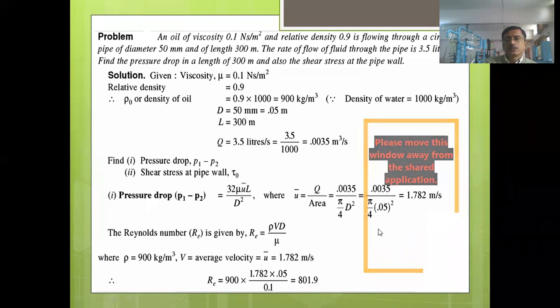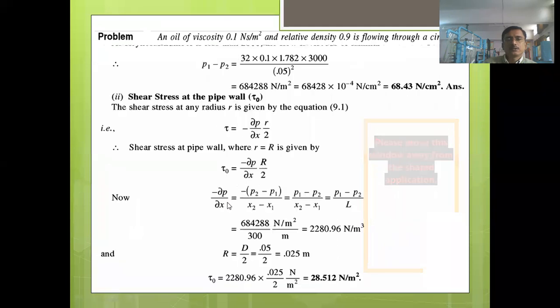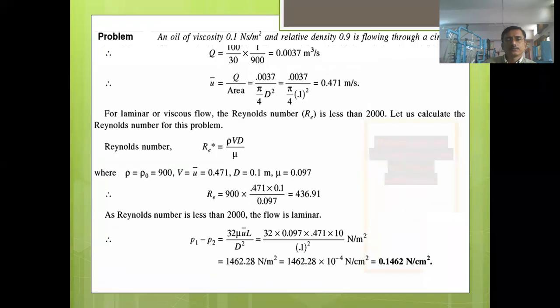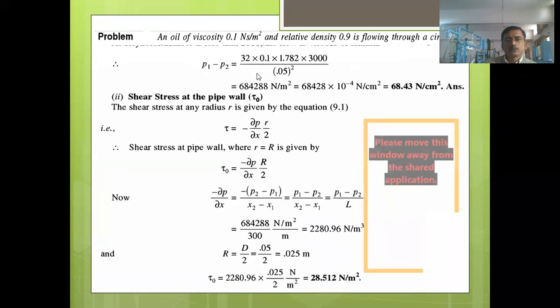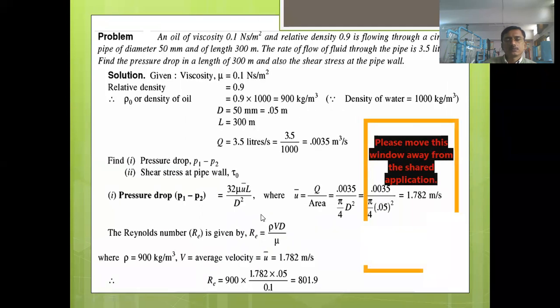After knowing that the flow is viscous flow, we can use the Hagen-Poiseuille equation. P1 minus P2 upon is equal to this equation. Pressure drop P1 minus P2 is equal to